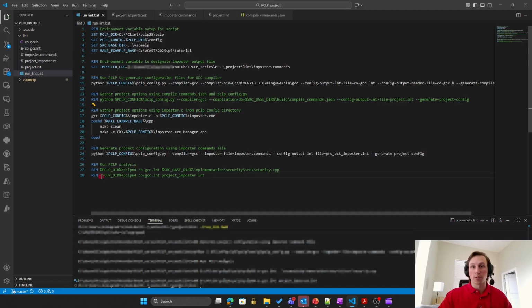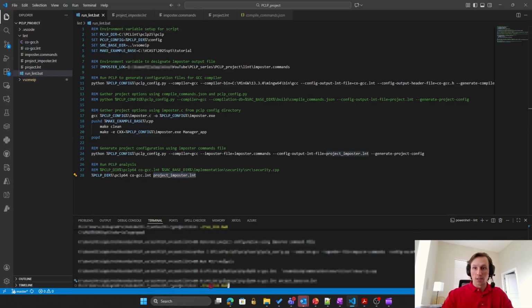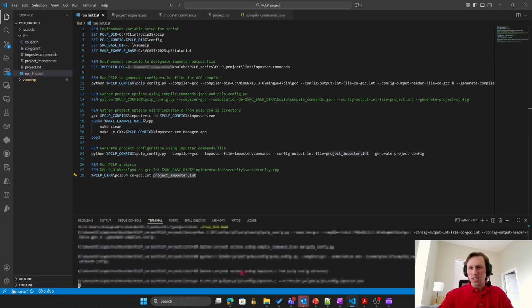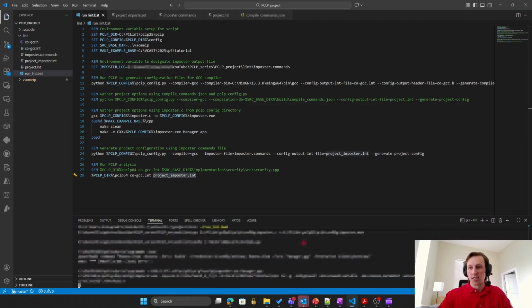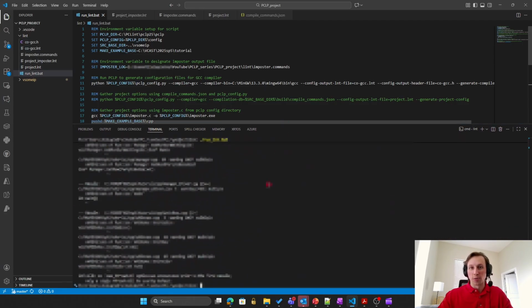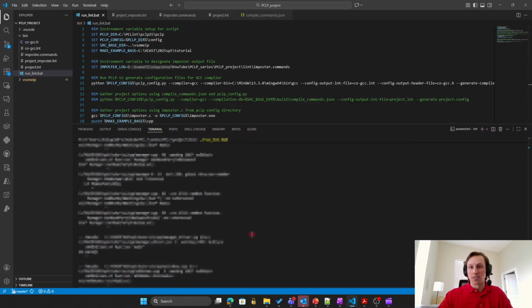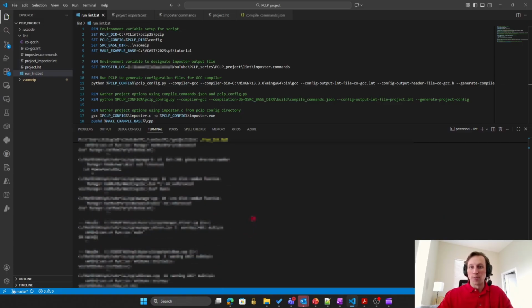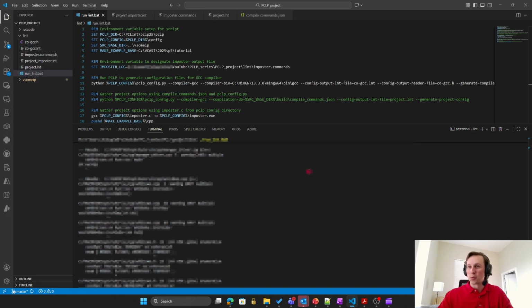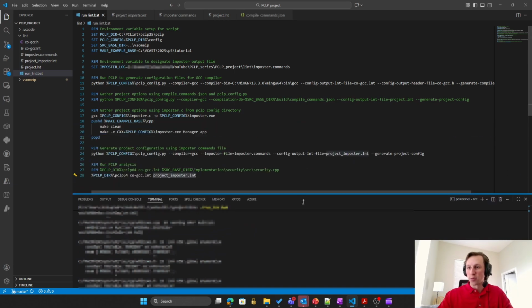So once again, if we want to run the analysis, we'll just call PC-lint, use our compiler configuration, and then this time we'll pass it the project_imposter.lnt. So I'll go ahead and run the script again. This one's going to be a lot faster because there are a lot fewer files in it. So I might be able to stick with you here while it runs. Yeah, there we go. It's run all that PC-lint analysis, and you see there's a lot more analysis than we would expect to get if we were missing those includes. So great, we have another method by which we can generate that project configuration and get more meaningful output from